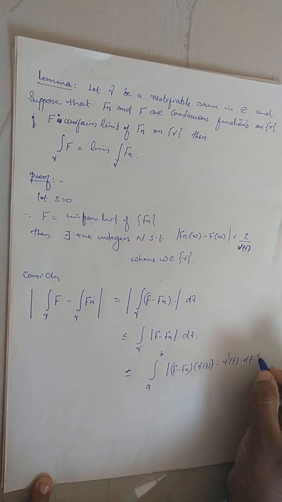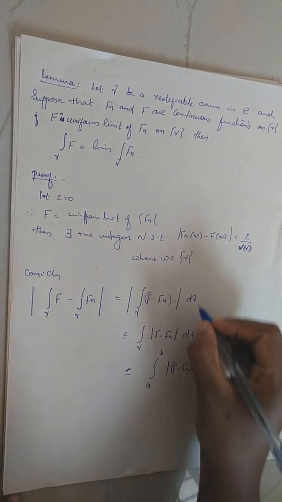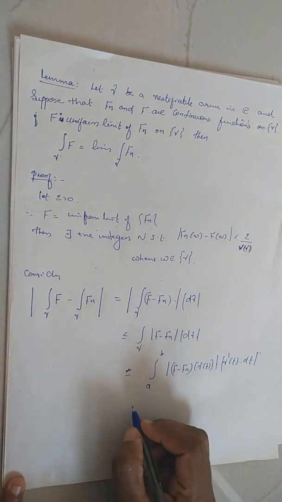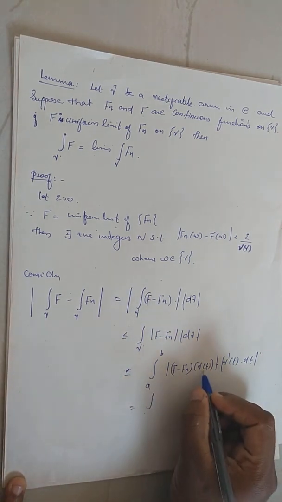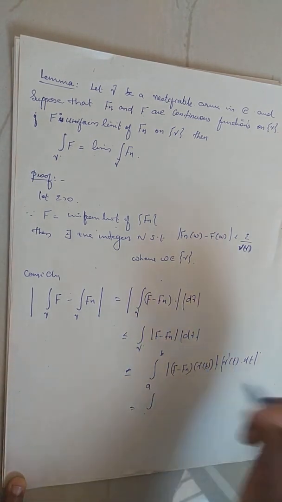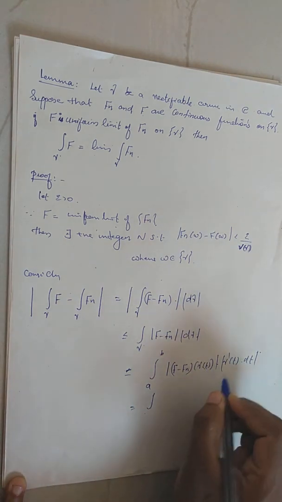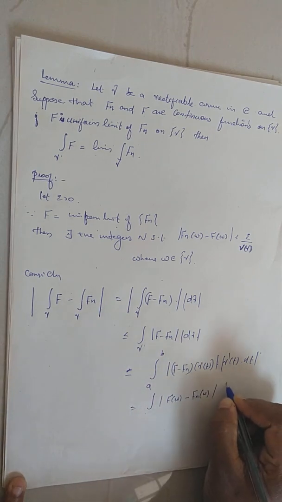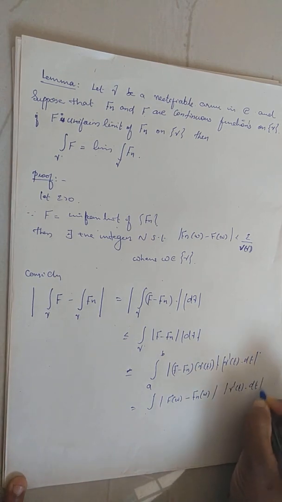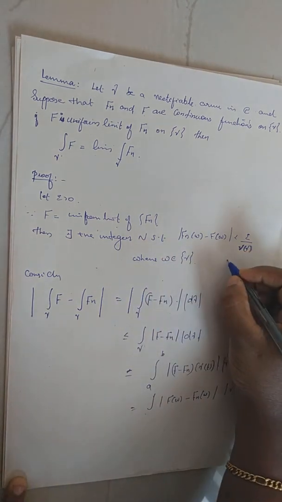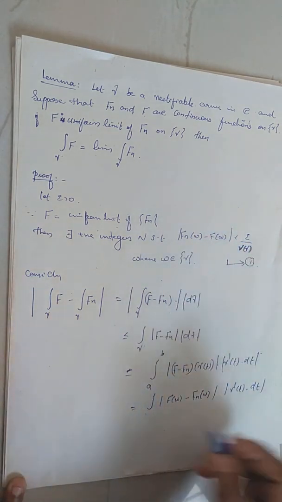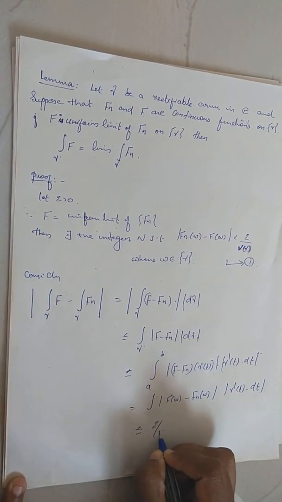Okay. And we can add modulus here also. So what about this thing? This gamma of t is an element belonging to the trace of gamma, so it can be considered as some w. So this is modulus of f(w) minus fn(w), times modulus of gamma dash of t dt. And by the uniform convergence we have modulus of fn(w) minus f(w) is less than epsilon by V(gamma). So this will be less than or equal to epsilon by V(gamma)